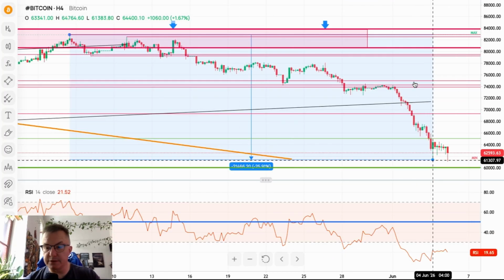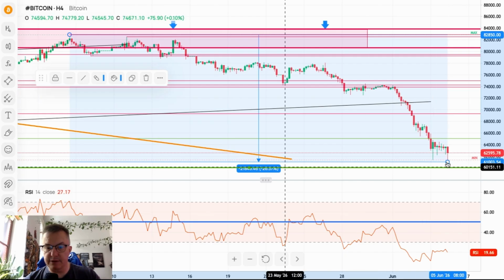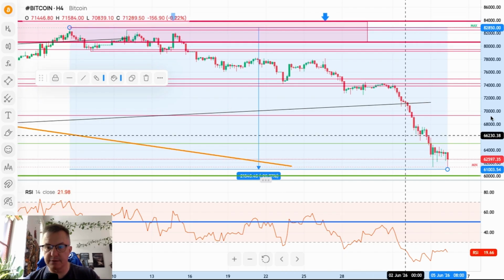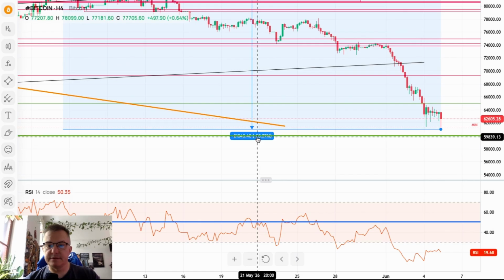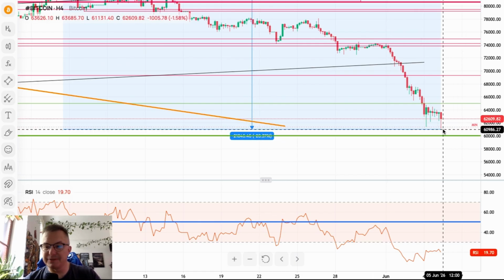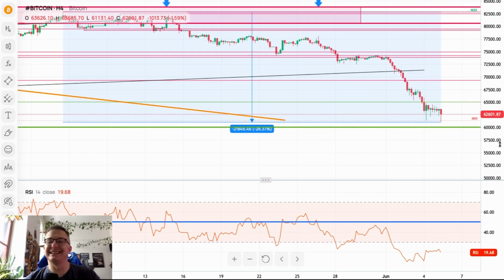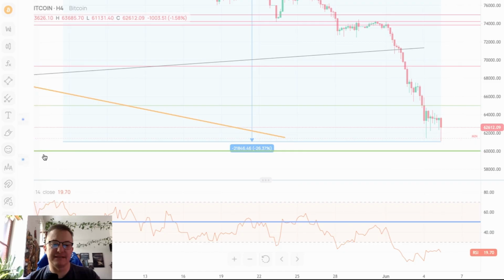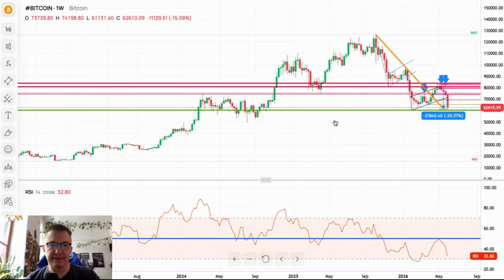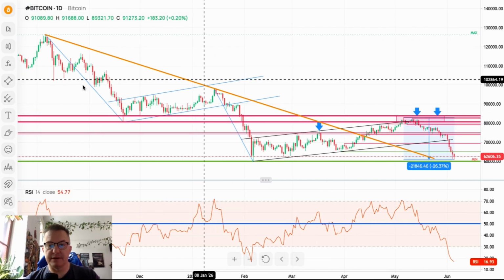The Bitcoin makes new low as we speak, and this is minus 26 points. Let me just take a look because I can't even see this. Minus 26 point something, to be honest, can't see it. 26.37. There you go. So that's a massive movement to the downside. Look at this. We got the bearish on the daily. It looks very nice.